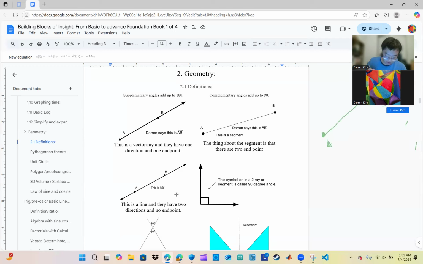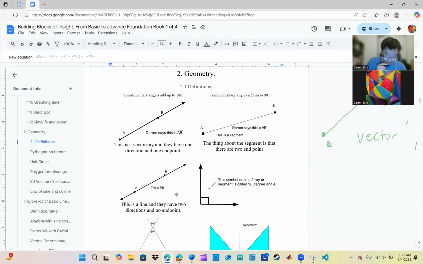All right. So all you need to know is that this is a ray. You just need an endpoint and one direction vector. That's it. And this is a ray, but it should be called a vector. And in my opinion, a vector is the superior option to say what this is because